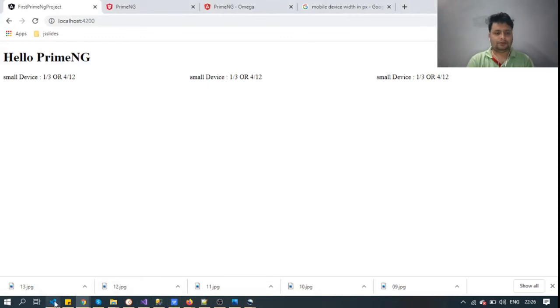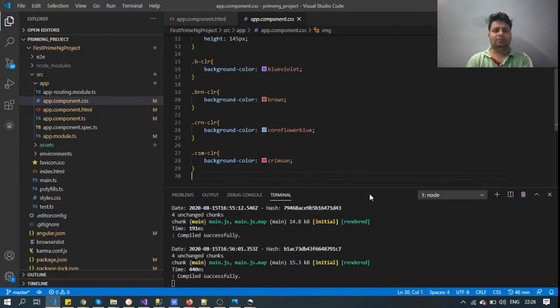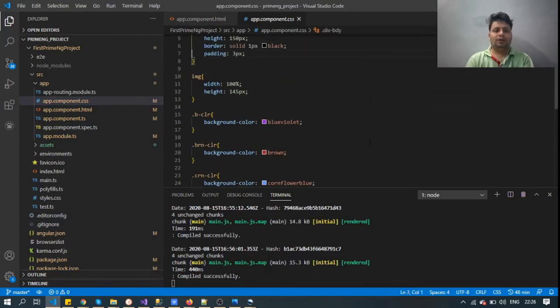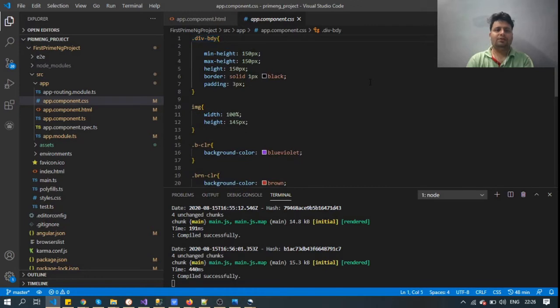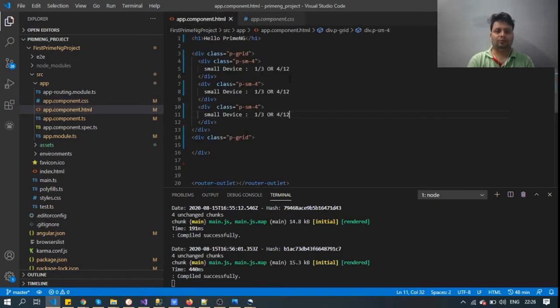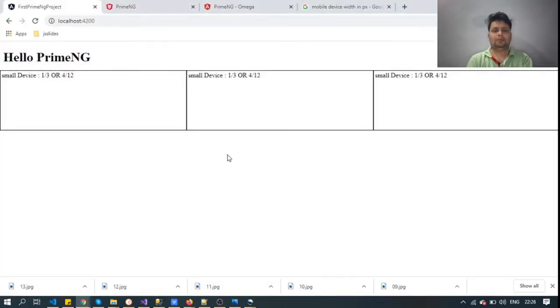Let's go to the HTML page. Here we have to apply the CSS. So if you see, I have created some CSS. One is div body. I just copied it to show you something. So for each div we have defined a minimum height, and a border.